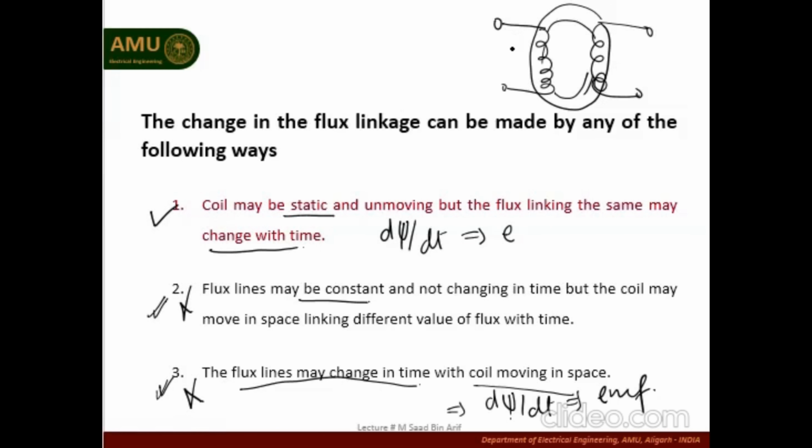So what we need to do is have a varying magnetic flux in the core, and this can be obtained if we have an alternating supply that is continuously changing with time. Then the flux induced is also changing with time. If the flux changes with time, then the flux linkage changes with time. So if the flux linkage changes with time, we can easily have the induced EMF. So this is basically the phenomenon behind the operation of the transformer. I hope you all understand it.